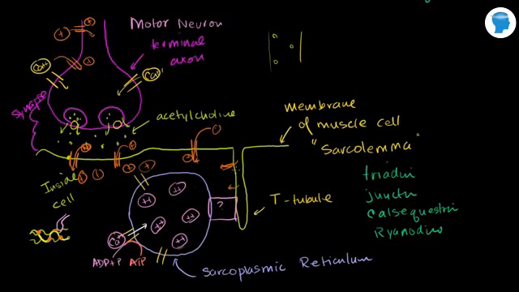But the big picture is what happens is when this action potential travels down here, so when we get positive enough right around here, this complex of proteins triggers the release of calcium. And they think that the ryanodine is actually the part that releases the calcium. But we could just say that maybe it's triggered right here. When the action potential travels down, let me switch to another color. I'm using this purple too much. When the action potential gets far enough, I'll use red right here. When the action potential gets far enough so this environment gets a little positive with all of those sodium ions flowing in,